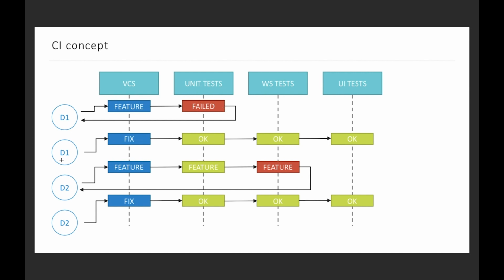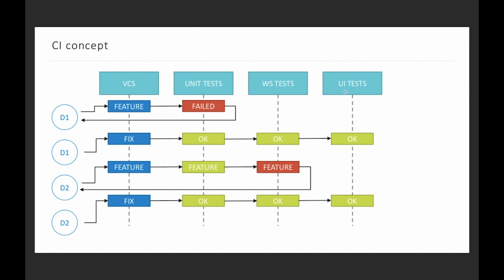So after that, this developer makes a fix of this bug and tries to run it again. So he pushes this code. Again, there is a trigger which checks that code was updated and it runs unit tests again. When unit tests pass OK, without errors, it runs the next step. It's web services tests. And if web service tests are fine, then CI will run